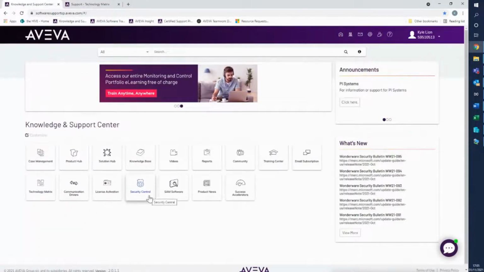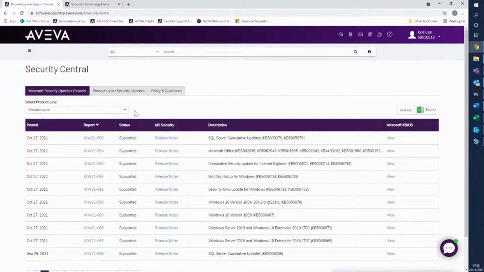Finally, we'll go into how to check Windows version update compatibilities, and that is here within the Security Central. What we've got here is a list. You can see Microsoft Security Update Reports is the tab that we're currently on. I can select a product line. For the sake of this, I've left it as Wonderware. And I can see here an up-to-date list of the